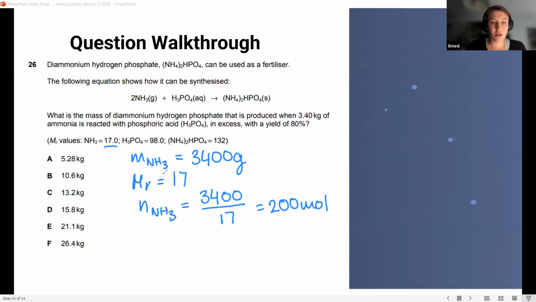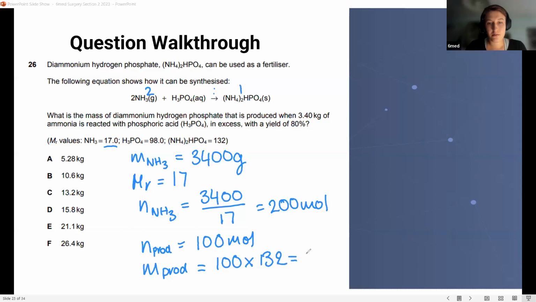Then we have our essentially ratio, and you can see we've got 2 ammonia to 1 of our products, the diammonium hydrogen phosphate. So that's a 2-to-1 relationship. So our N of, I'm just going to write product because I'm not writing all of that out, is going to be 100 moles. Now we can work out the mass and then I'd apply the yield. So our mass of product is going to be the number of moles times by the MR. So I do 100 times 132, which gives me